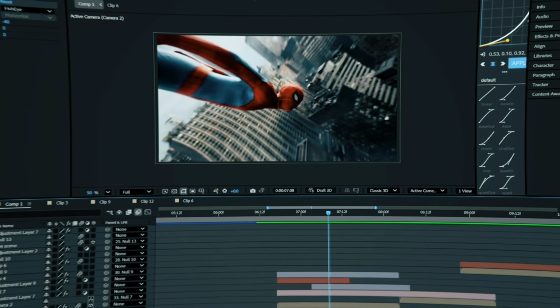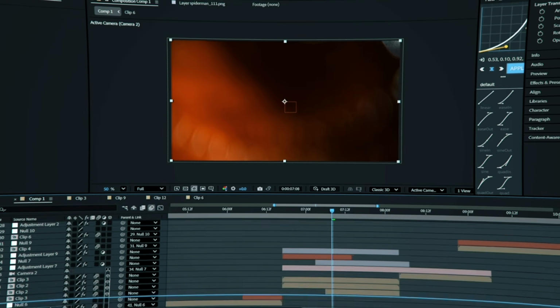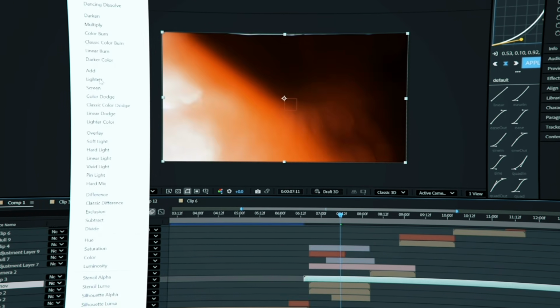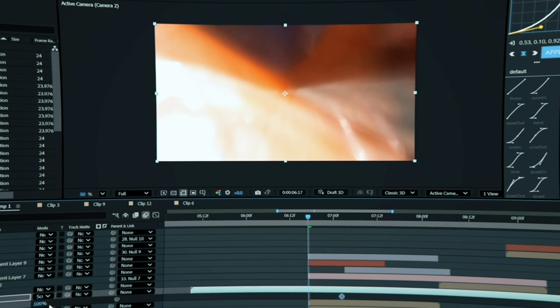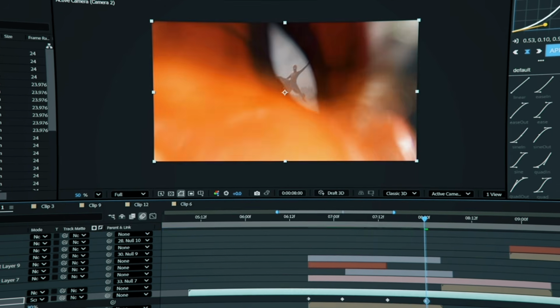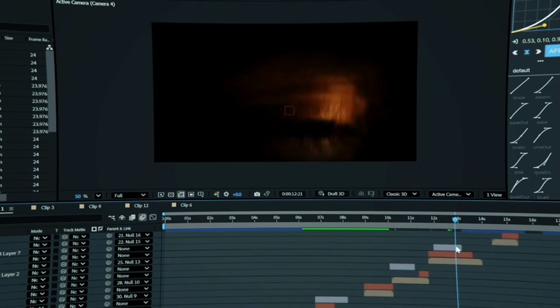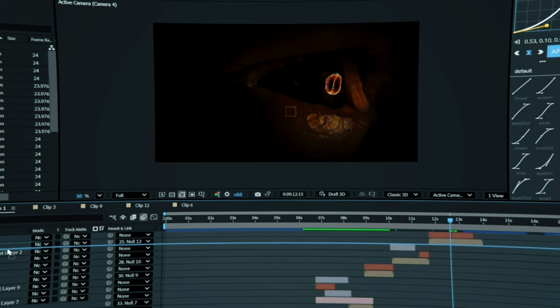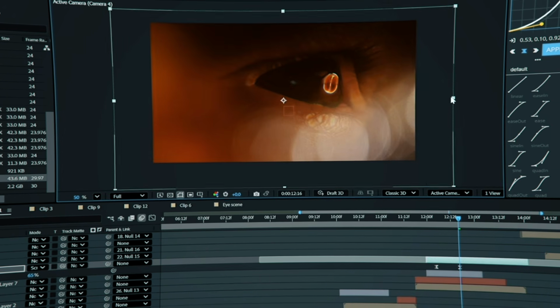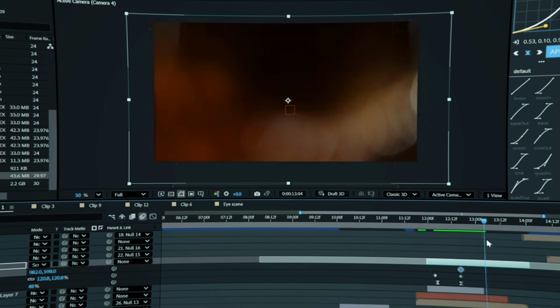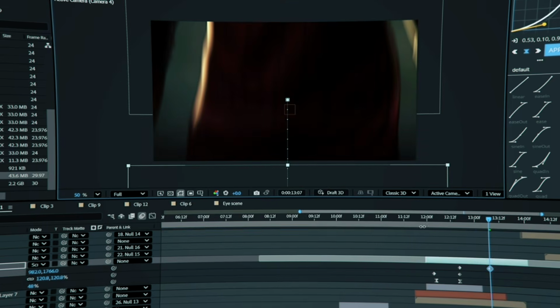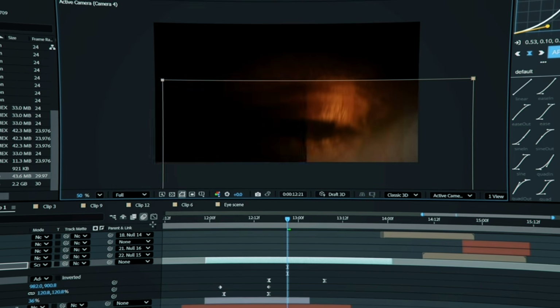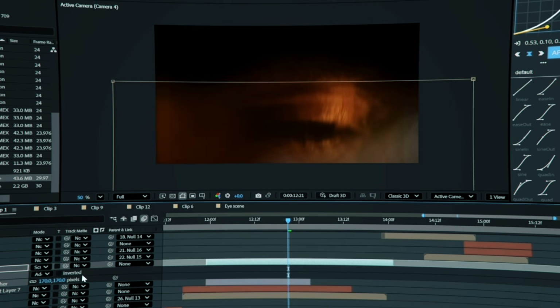Also, I'll add a light overlay to a few parts. This overlay will be included in the project. We set it to screen mode, make it appear with opacity and fade it out toward the end of the scene. I also think this overlay will look really good in the eye scene, so we bring it there as a light. But since this is a 3D transition, we'll only move the overlay upward using scale and position keyframes. And with masking, we'll soften the sharp edges using feather.